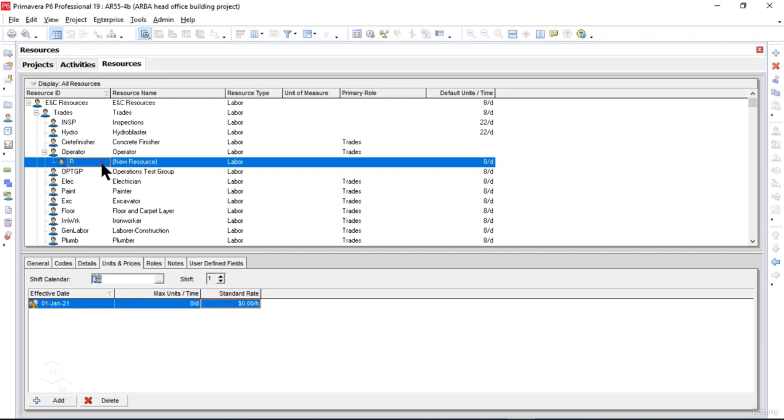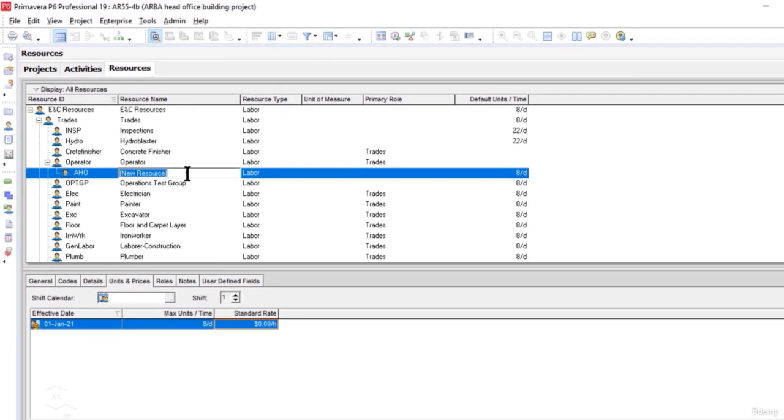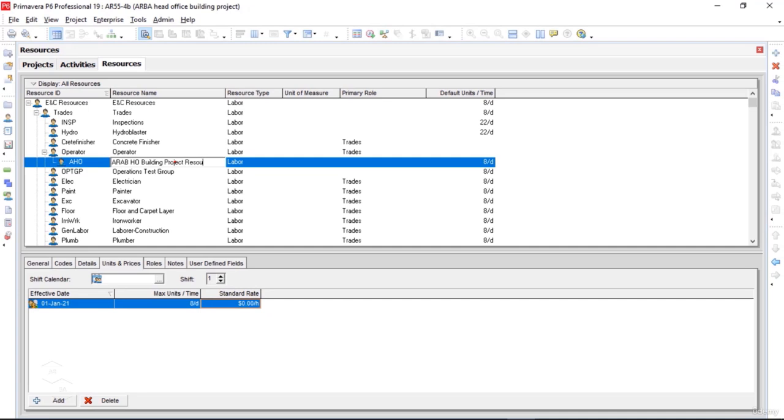In the ID, since I'm going to create my main header, I will type the ID as AHO, and in the resource name I will double click in the cell and type Arba Head Office Building Project Resources. Okay, then you see in the move toolbar on the right side we have different arrows there